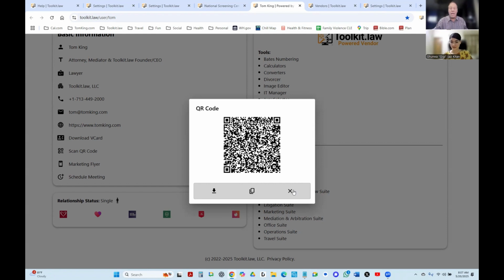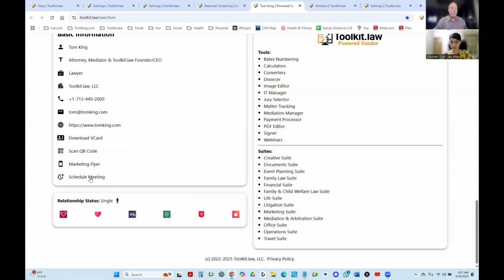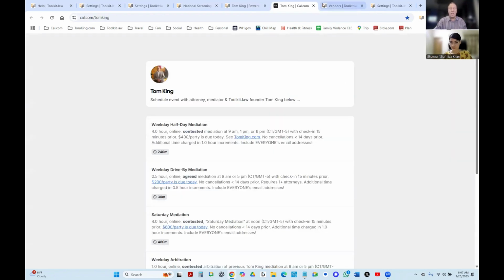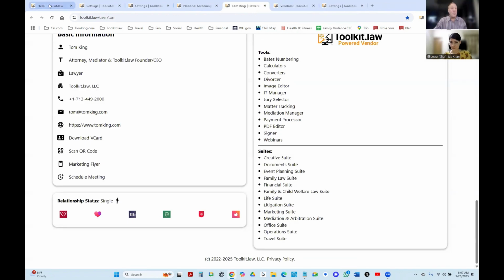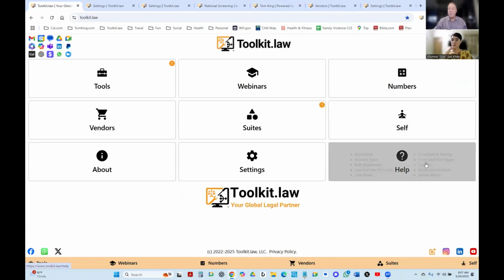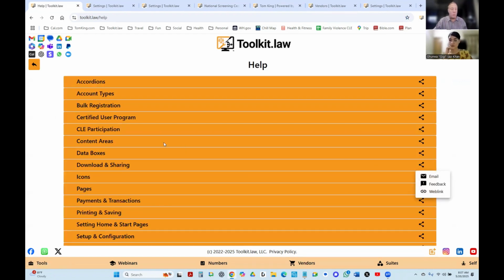You can also add a link for your scheduler. So I have it go to my outside scheduler so people can schedule mediations or consultations with me. So that is all part of it. I encourage you when you're at toolkit.law, be sure to go to the help resources and you're going to find